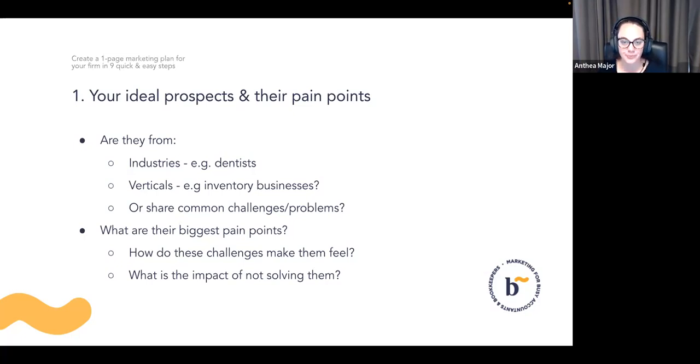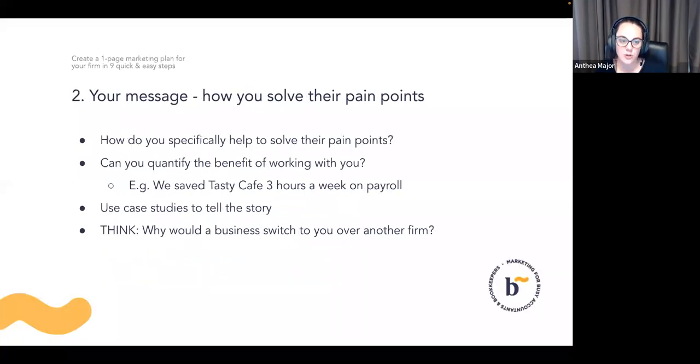Just let me know. So the second stage, once we know who we're going after, who we'd really like to work with, now we need to note down how you actually help solve those pain points that we just went over. So I want you to be as specific as you can when you write down this stuff. The more detail you can think of, the better. Just list everything you think of as we're going, or after the session today.